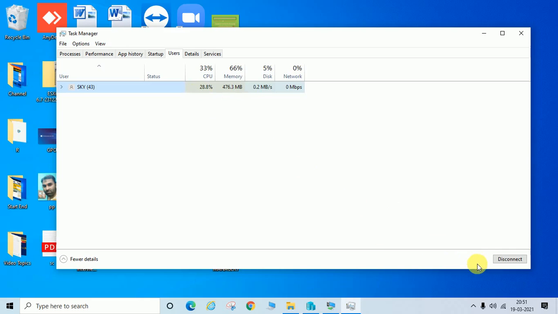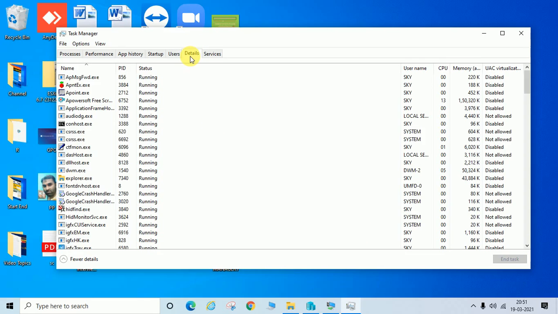But right now it is not showing because I have logged in to this PC locally. Or you can also say this is a Windows client machine. It is not a server OS. But yes, the task manager method will be the same for the server and client operating systems, with just a few more differences like log off and disconnect.